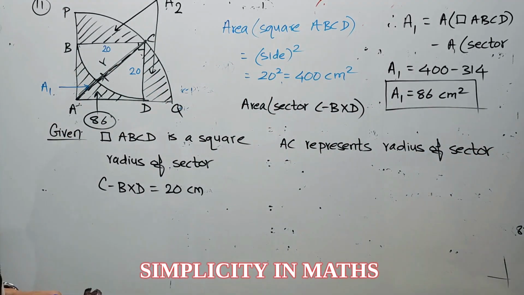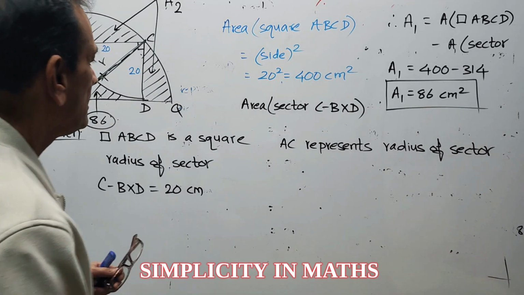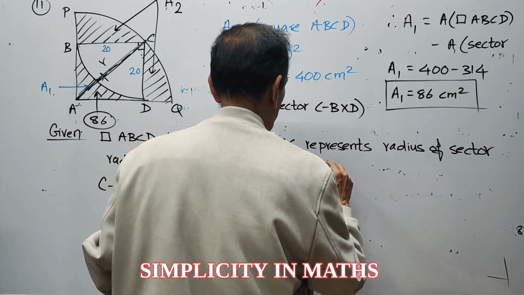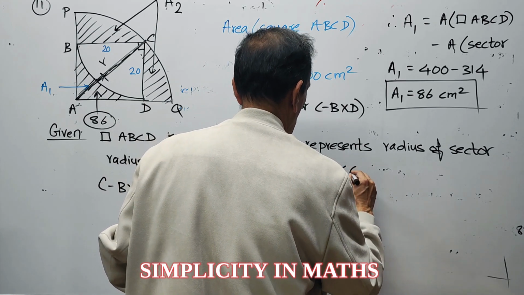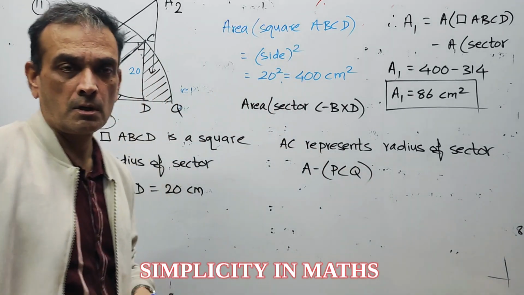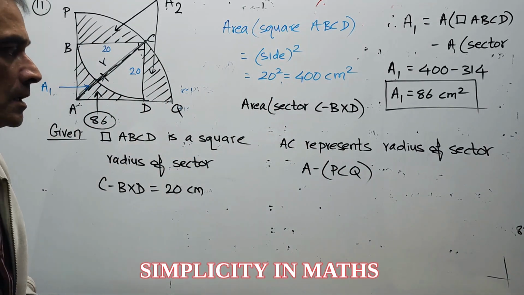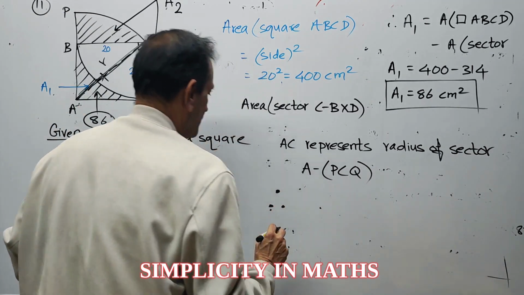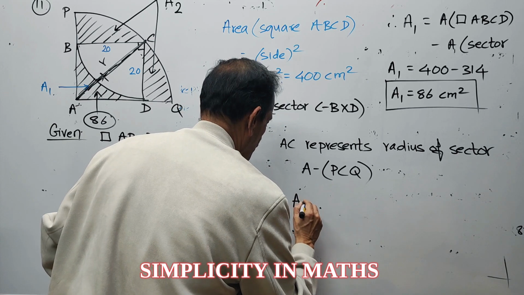AC represents radius of sector A dash PCQ. Therefore, AC equal to